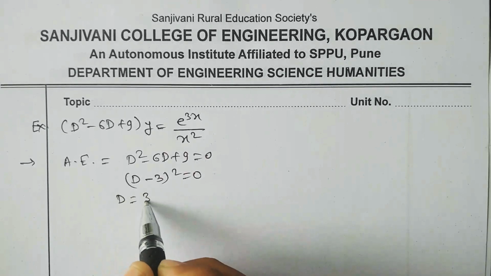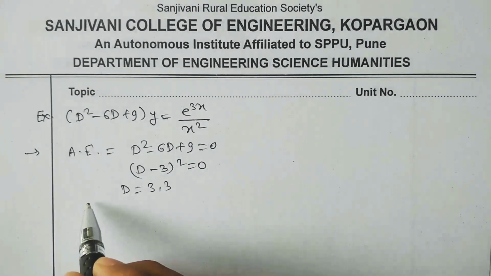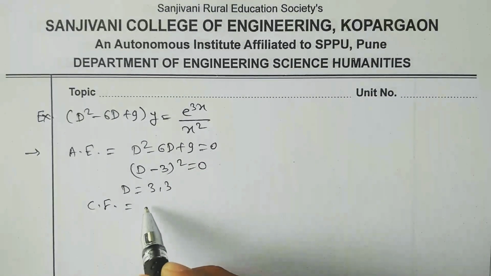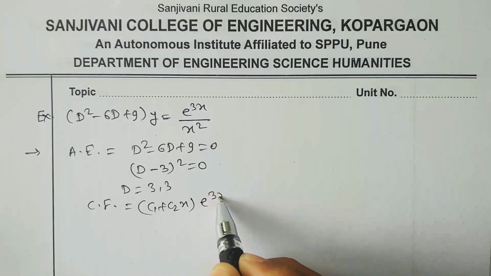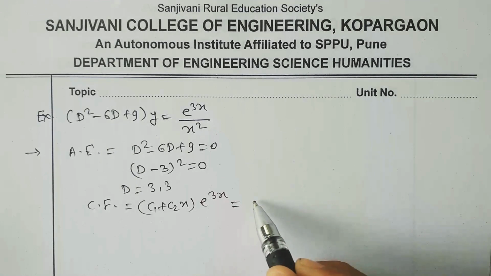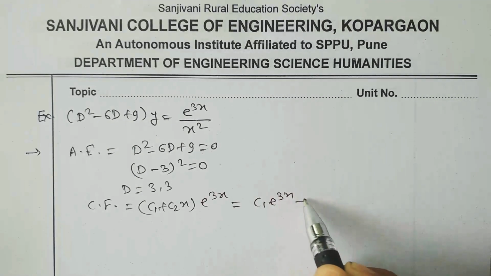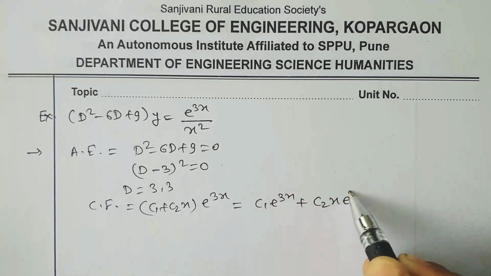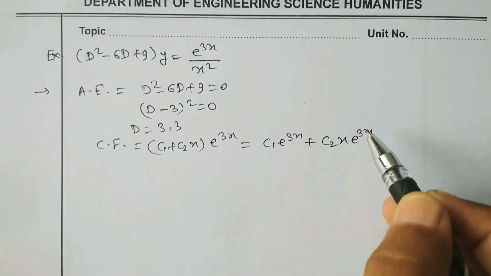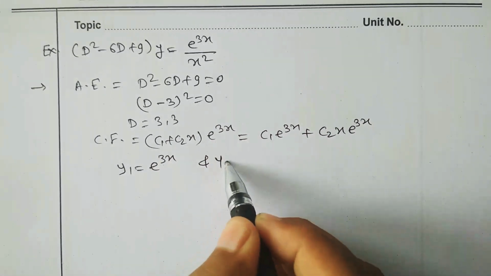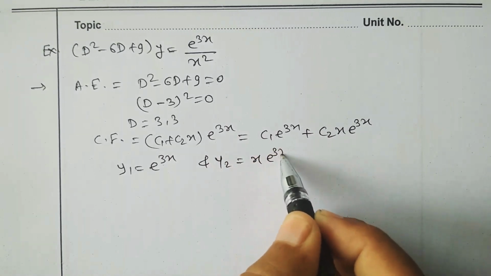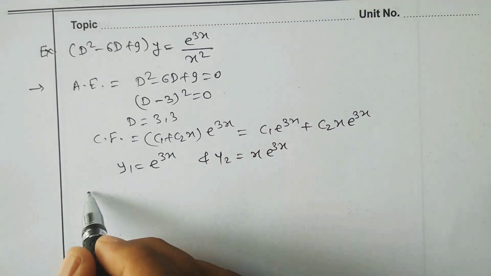So what are the roots? 3, 3. So CF is (C1 + C2x) e^(3x). That can be written as C1 e^(3x) + C2 x e^(3x). So the value of y1 is e^(3x) and the value of y2 is x e^(3x). PI is given by